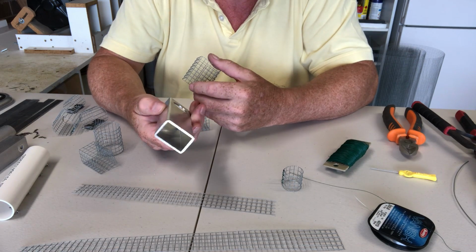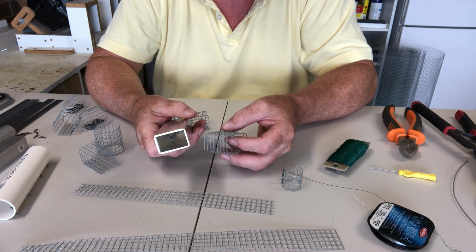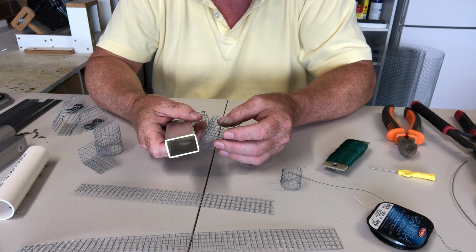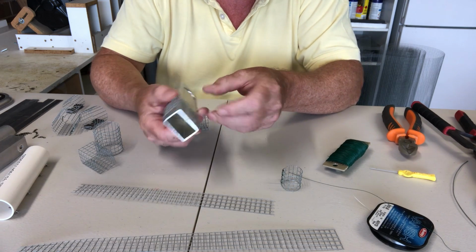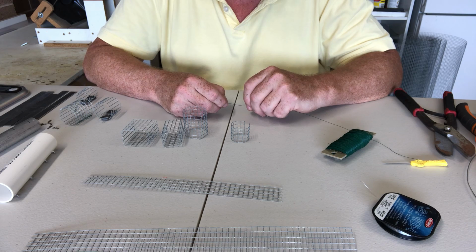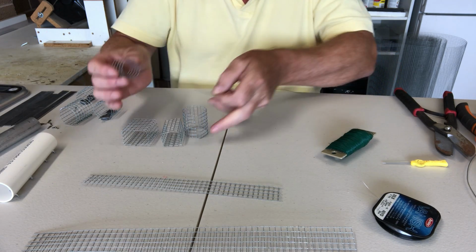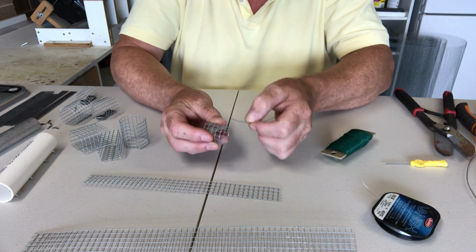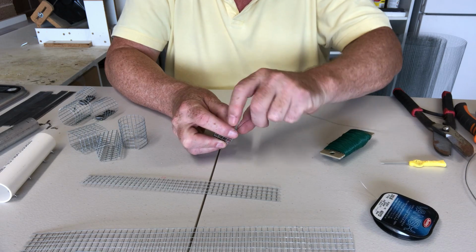This is 40mm by 25, and the reason for that is that it's a piece that I'd got in the scrap box, and I literally just did the same thing as I've just shown you with the other one. I'm just going to spend a few minutes stitching these together, so whilst I'm at it, I'll show you how I go about it. There's nothing difficult, just pass it through,